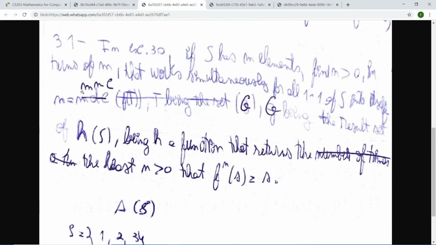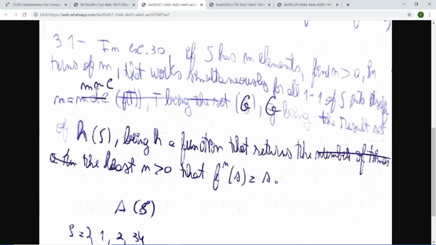So then I realized that the least common multiple of the number of times that it takes for each element of S to rotate or to get back to the identity function